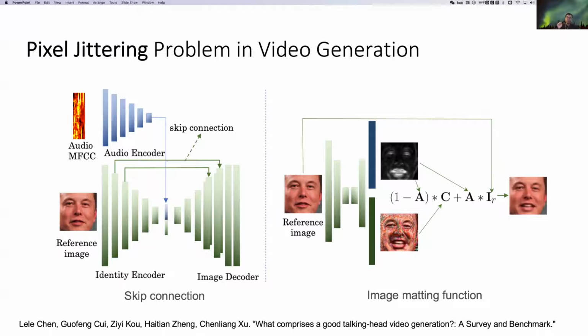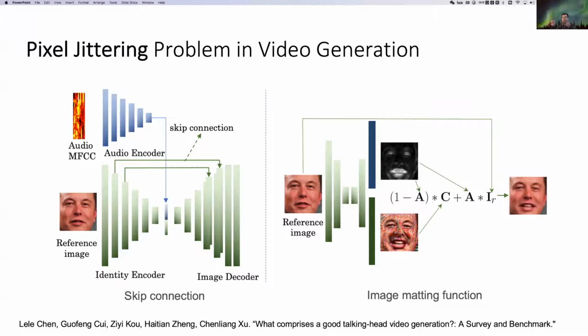The solution is that rather than directly encoding and decoding, it utilizes skip connections. For example, it has skip connections from the early features of the reference images, concatenated with the very late layers in the decoder.